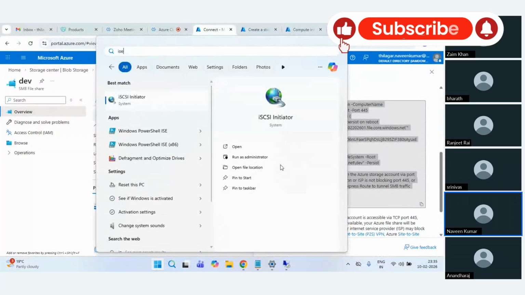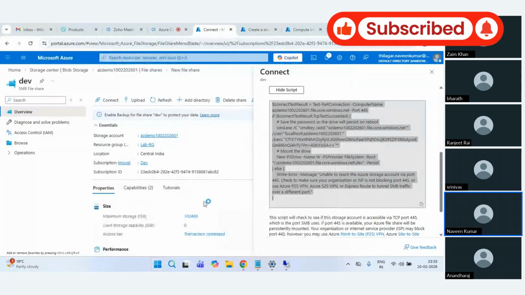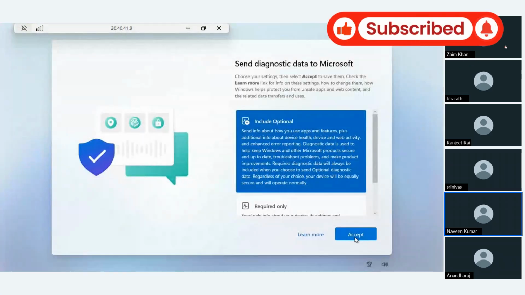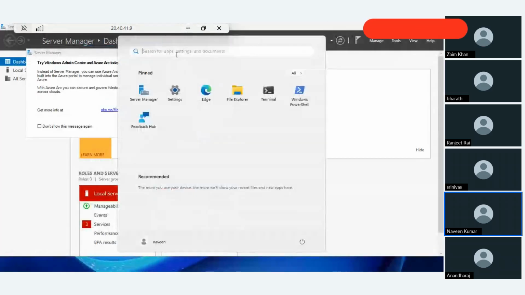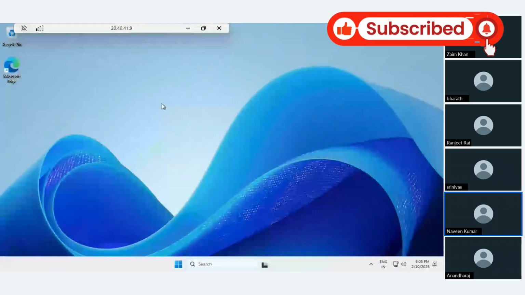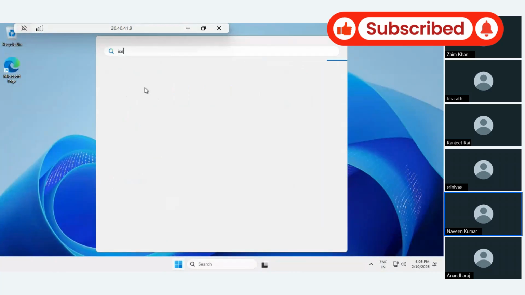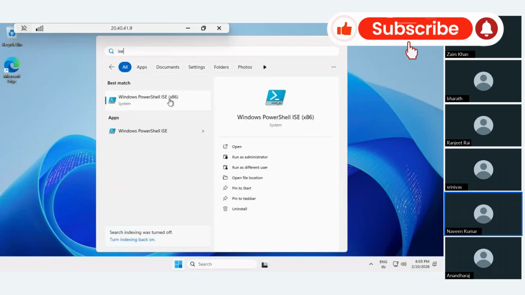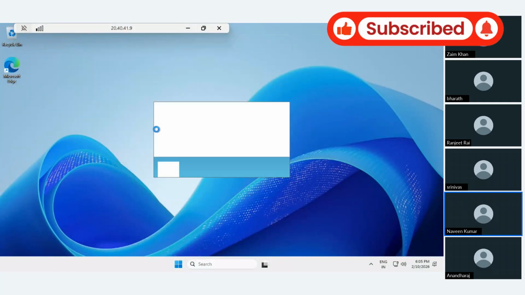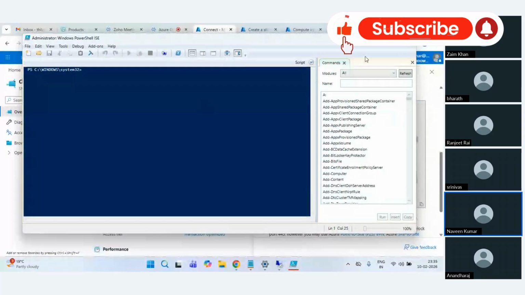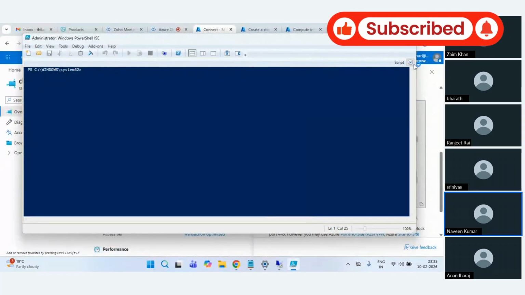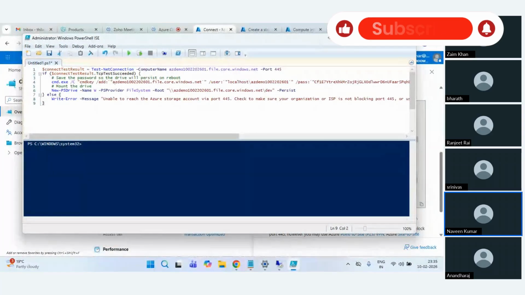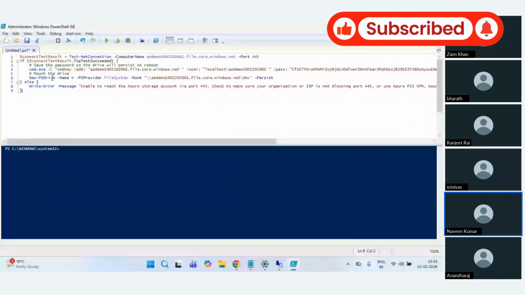Okay, what I'll do is I'll open PowerShell ISE here, and let's also log into the server. Let's keep this also handy, and let me close this. Similarly, I'll open ISE in the server as well. Okay. So this is my local. Let's paste this. So if you look at